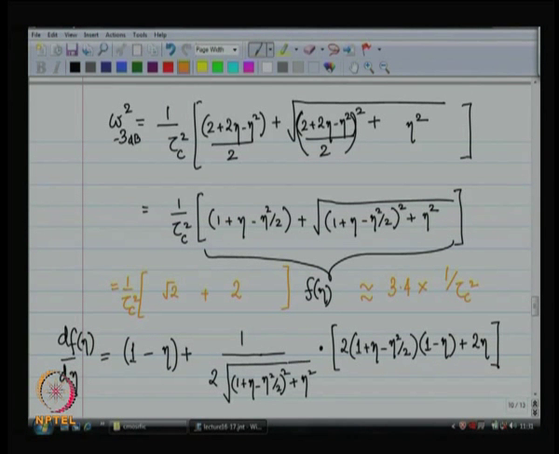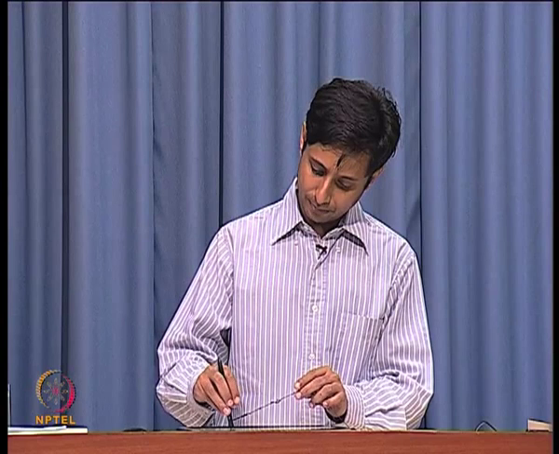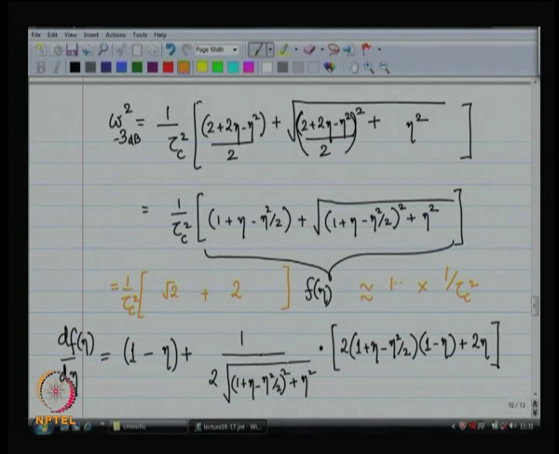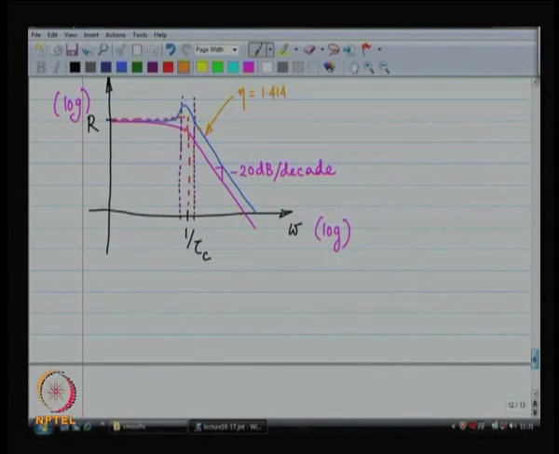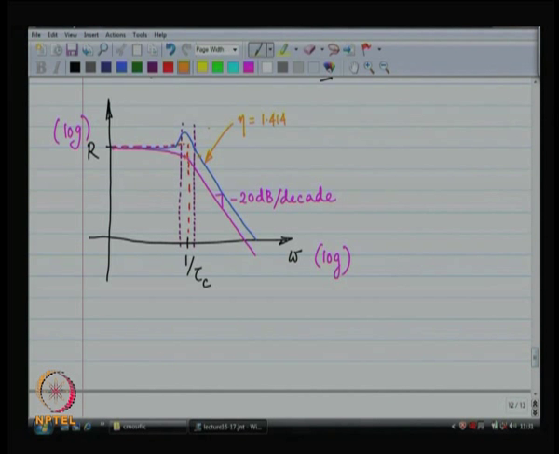So, bandwidth increased by square root of 3.4, which is about 1.8. So, I got a bandwidth enhancement by 1.8 times,